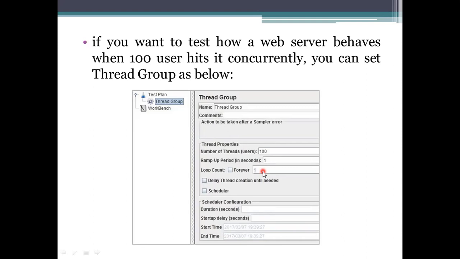If it is allowing more than one time, then the loop count is greater than 1. There is also a forever checkbox. If you click on that forever, whatever the process or website it is, it keeps allowing the user to connect to that system as many times as possible within this period of time, whether a day or this test.